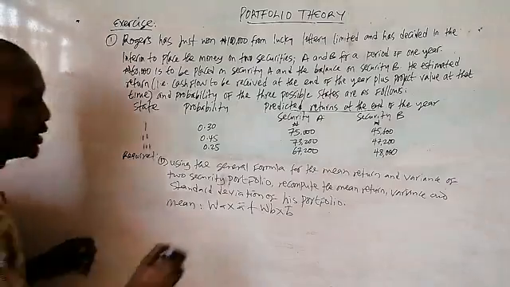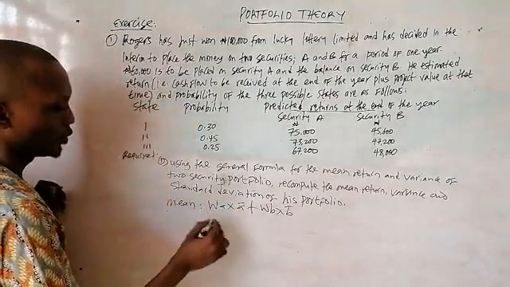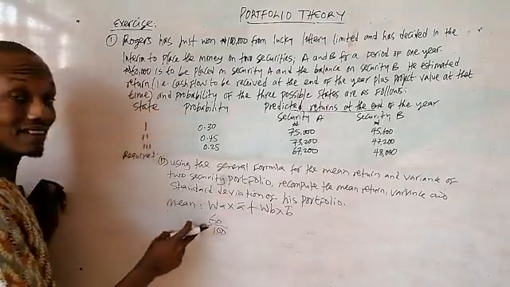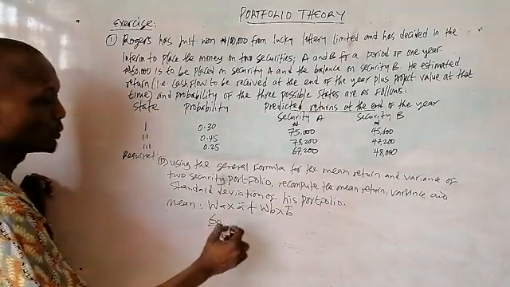So what is the weight of A? Weight of A is 60 by 100, the percentage we invested in A, multiplied by the